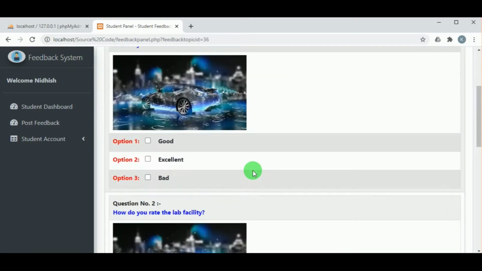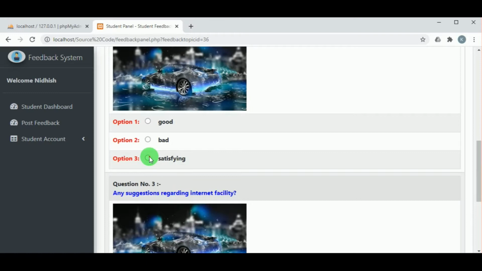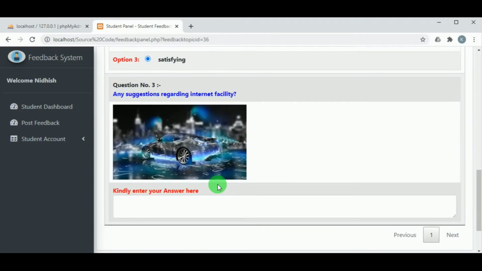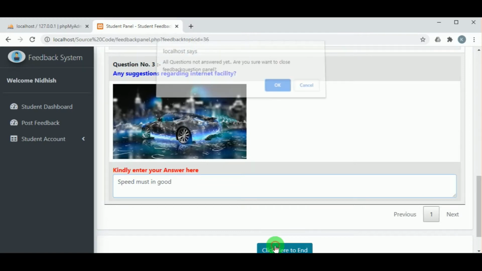So click on the feedback topic and you can answer the questions, and you can see that there is a text box in which the student needs to type. So once the student answers all the questions, click here to end.